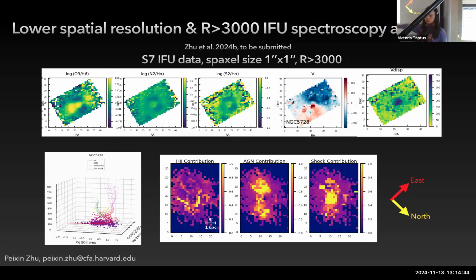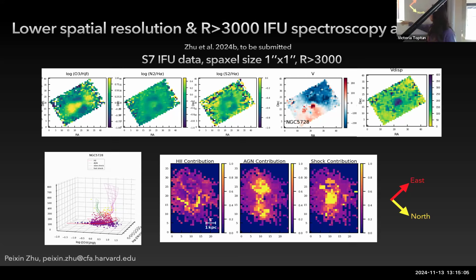On the right in this plot, you can also see the similar structure where H2 dominated spaxels are forming an arc-like structure, which is an incomplete star formation ring. And then in the middle, you're seeing the AGN dominated spaxels following a bicone structure from the nucleus extending